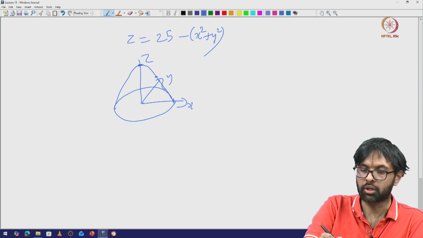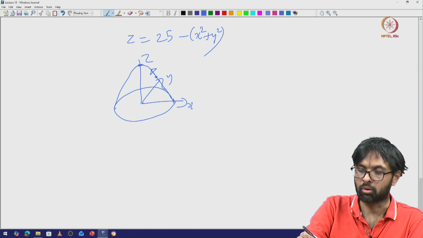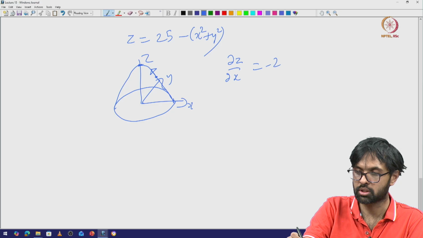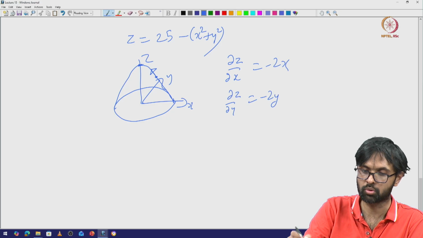In what direction in x and y must you move so that you scale up the mountain fastest? Okay. Morally, in 3 dimensions you must move in this direction, right. So the gradient of this function is minus 2x, minus 2y,